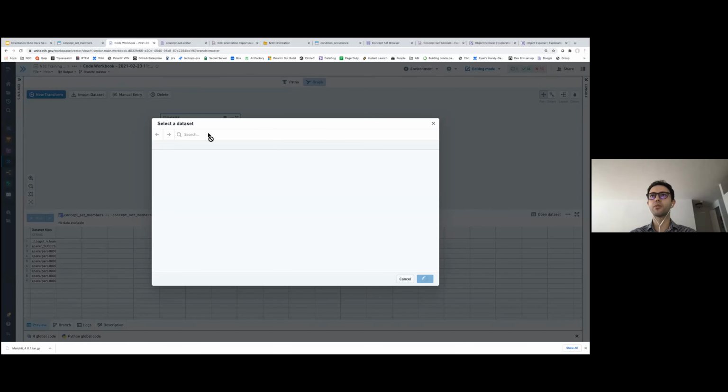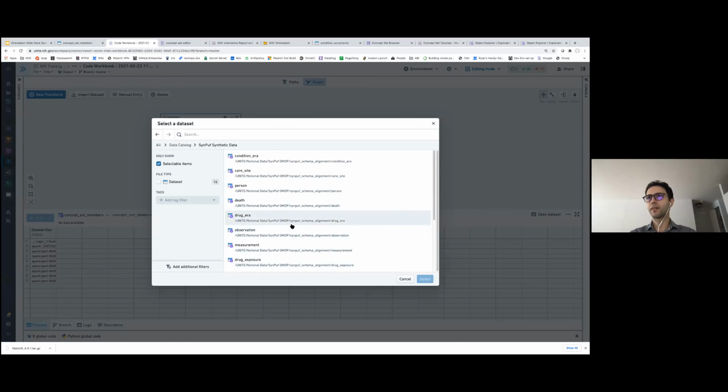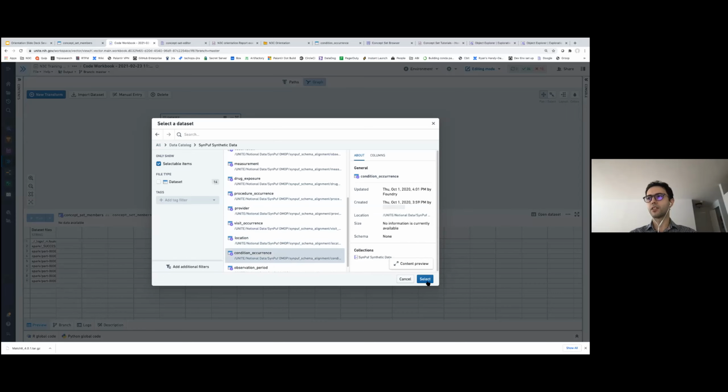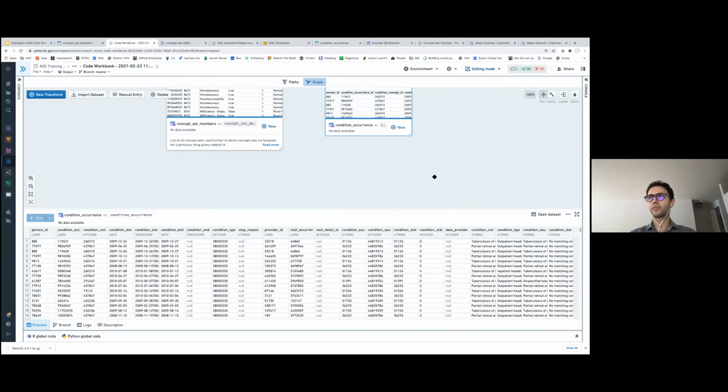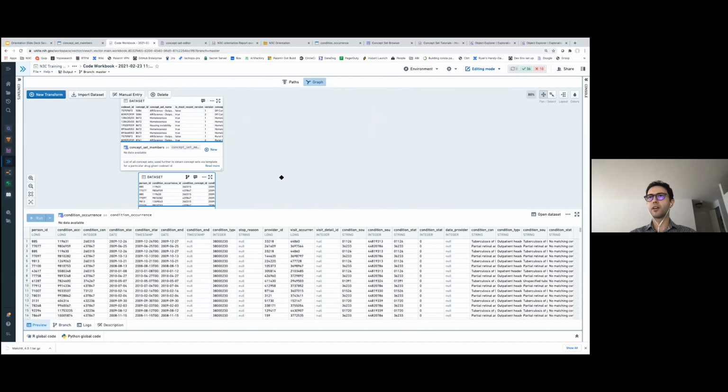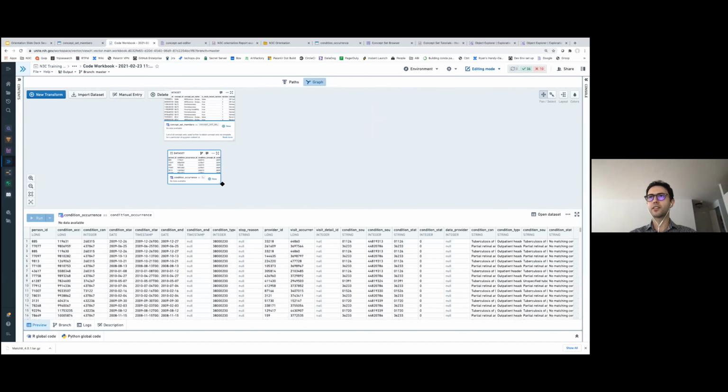But let me first load my condition occurrence table as well. So that will be in the SimPath synthetic data and condition occurrence.